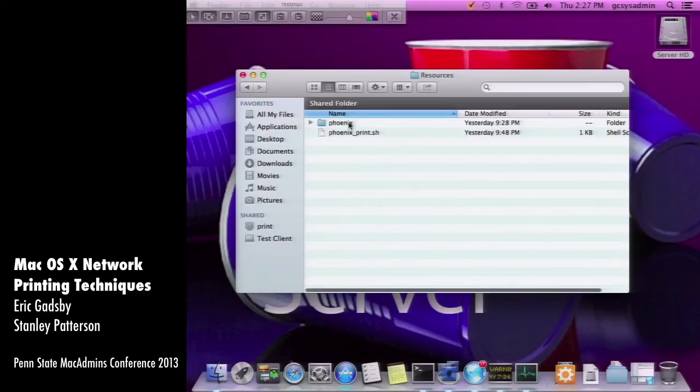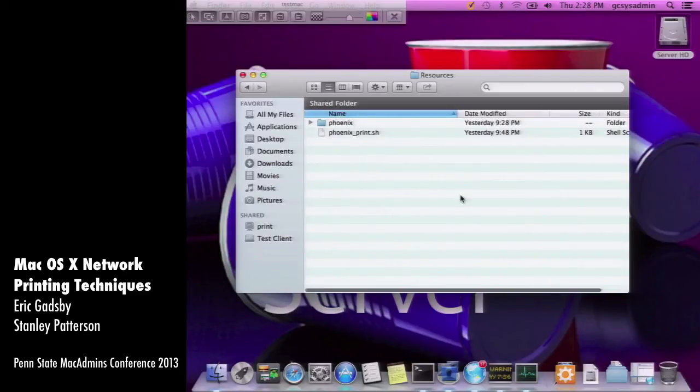We've just set up the world. We're going to show you the world's simplest management system we cooked up last night. But if you use Casper, if you use Absolute, if you use Puppet, you could do it. There's a lot of different ways you could do it. Yeah. But here's the actual